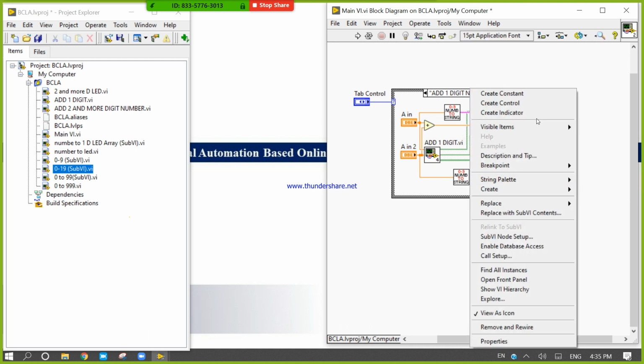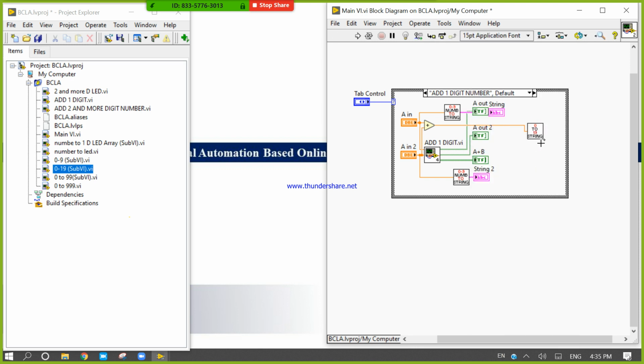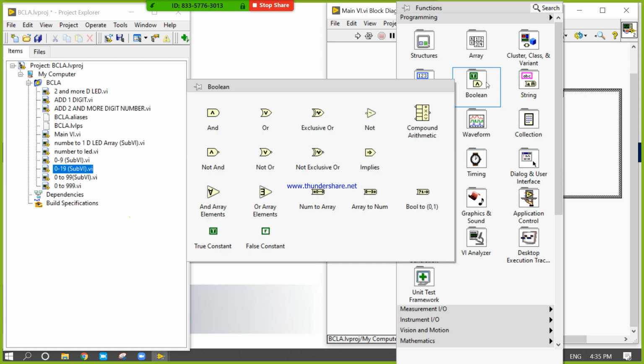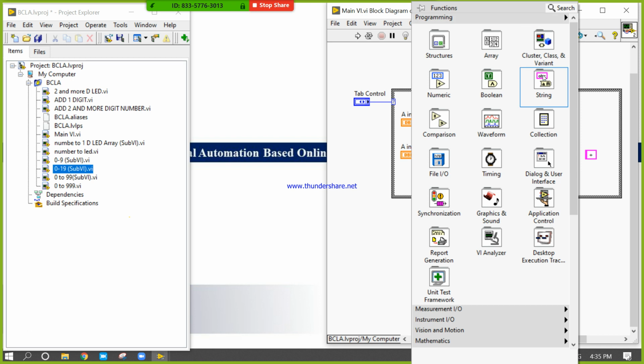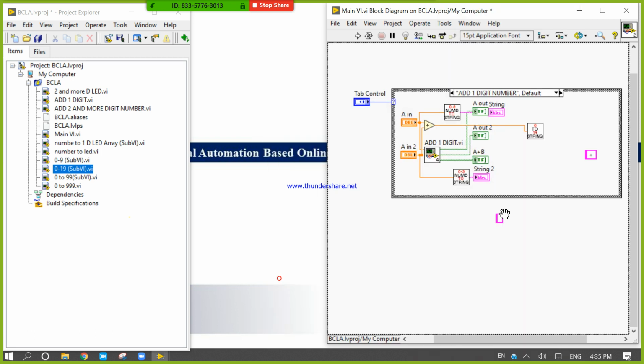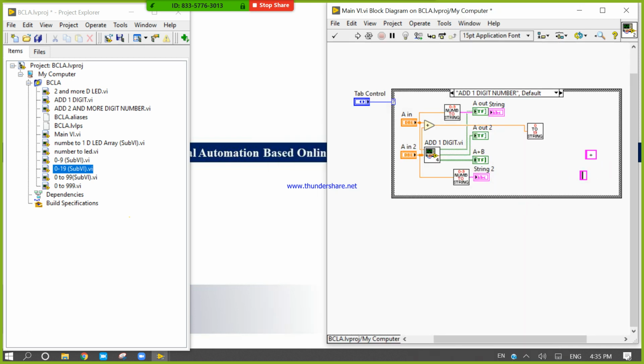Right click, indicator. And for this one, I will use space plus space, and again I will use this one, space equal space.